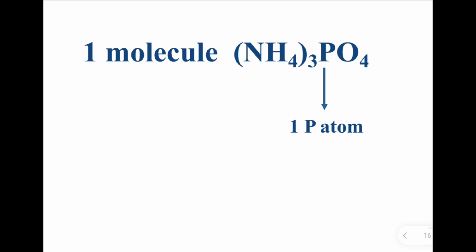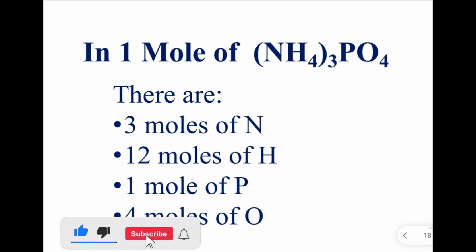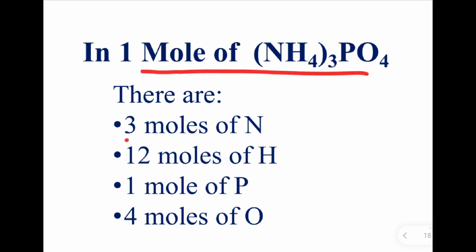Phosphorus: in a molecule of ammonium phosphate, how many moles of phosphorus are present? 1 mole of phosphorus atoms are present. In 1 molecule of ammonium phosphate, how many moles of oxygen are present? 4 moles of oxygen atoms are present. In a mole of ammonium phosphate, there are 3 moles of nitrogen, 12 moles of hydrogen, 1 mole of phosphorus,